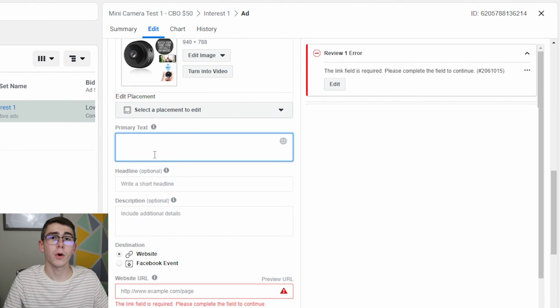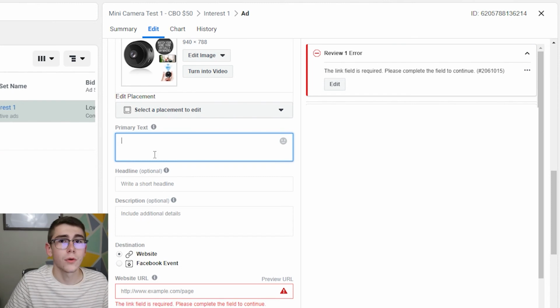And right here is the primary text. This is what will show up above your ad. So you want to be creative with this. This is just a text copy, and just practice your copywriting with it. Be creative, test different methods of it. But for this case, we will say something along the lines of, let's say,